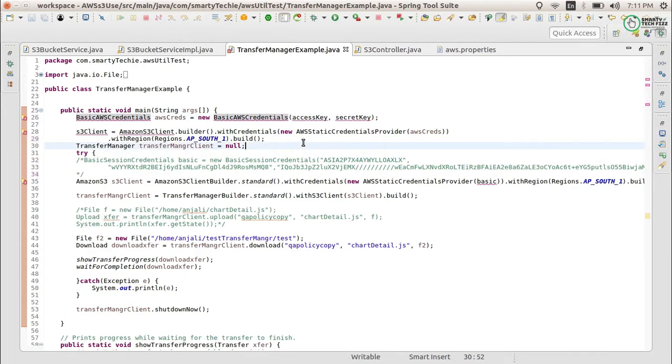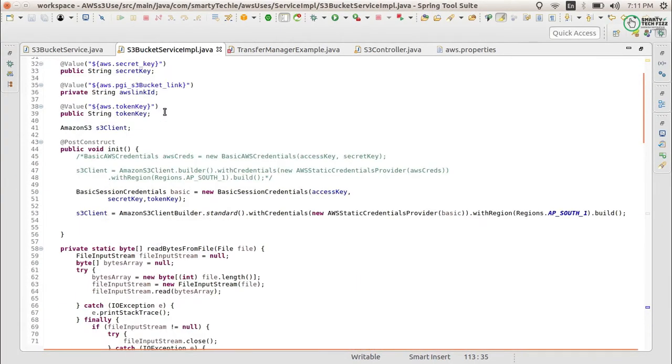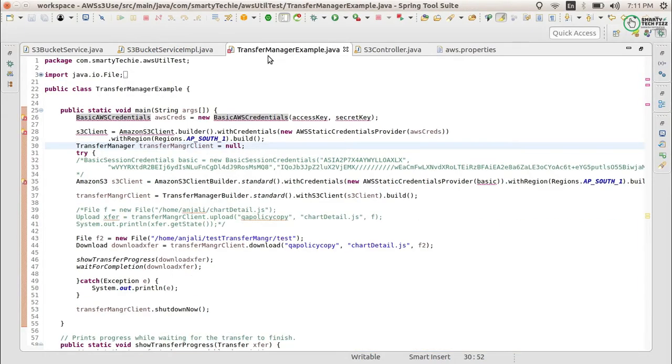What I am doing here is, obviously you need to firstly create the Amazon S3 client. If you have watched my previous videos, I have already covered how to create a client for Amazon S3 and do upload and other operations using the S3 client. But today we need to do it using the transfer manager. Before this, you also need to create the Amazon S3 client, because when you use S3 you must have authentication on it, the IAM access keys. So for that you need to create the client with the credentials.